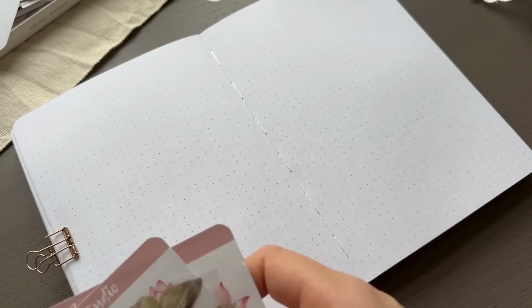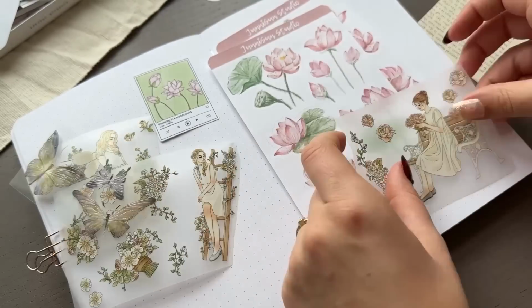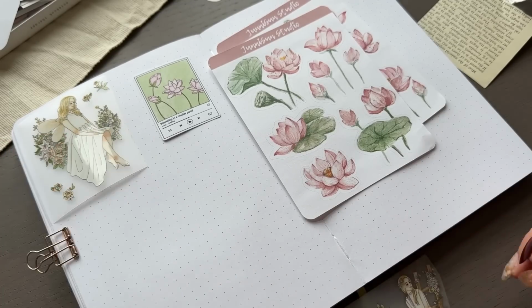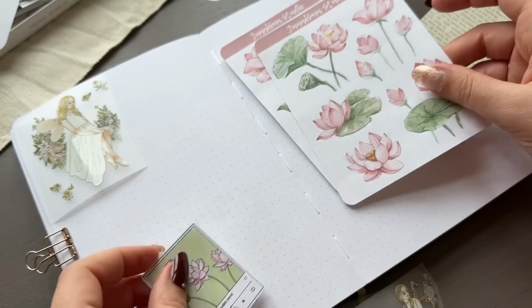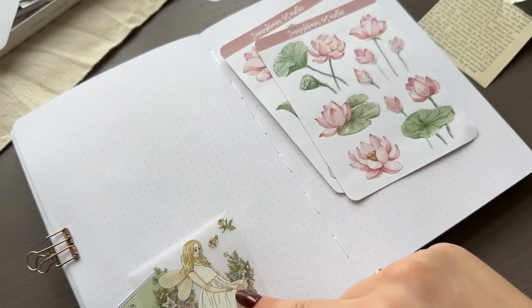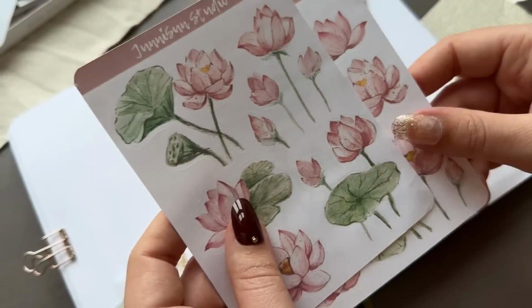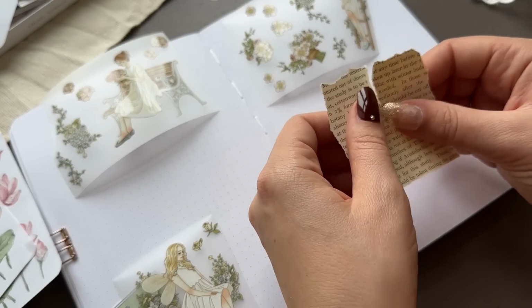And for this spread I used some stickers from Junni, Junni-san Studio. You might know her from YouTube and from Instagram. She has taken quite a long break now since she had her baby, understandably, but I still love all of her art and she's so creative. And actually one of you guys gifted me these water lily stickers last year and I haven't used them,